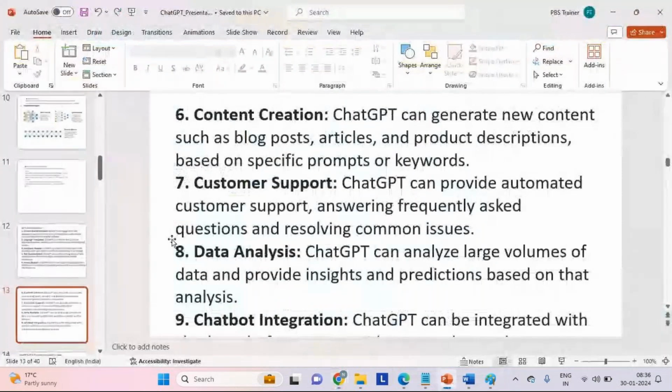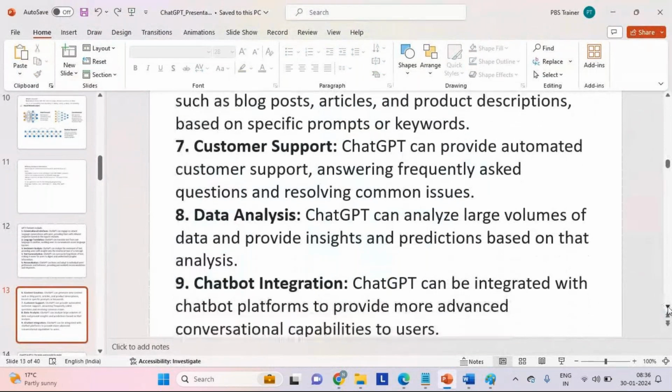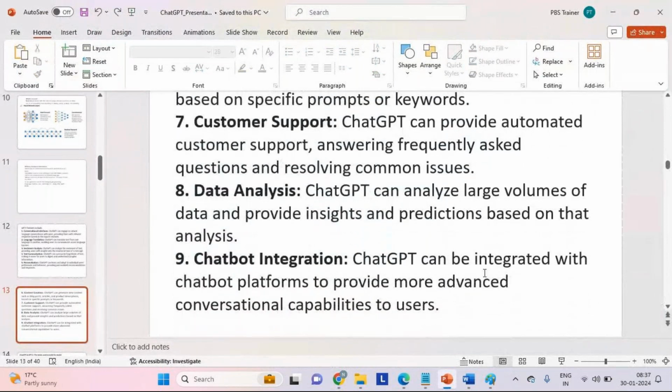Okay, now we just talked about analysis, right? Now, the next topic is chatbot integration. I think I talked about it. Let us say the kind of chatbot that we use for agriculture differs from, let's say, IT services or manufacturing services or pharma services, whatever. The kind of response would differ from industry to industry. That's why we need to build specific chatbots based on the domain or the industry.